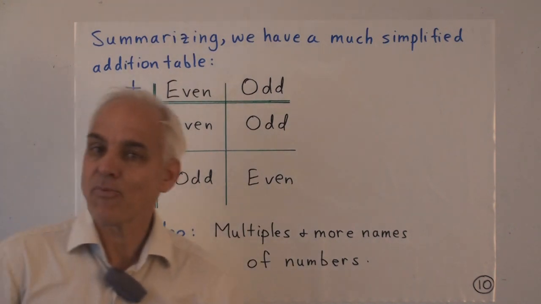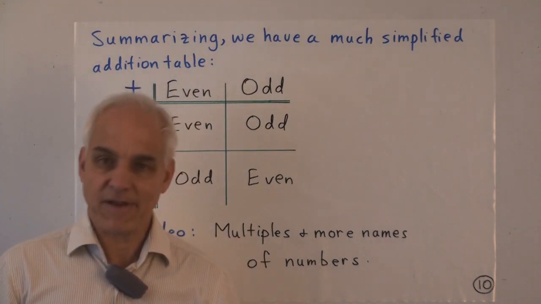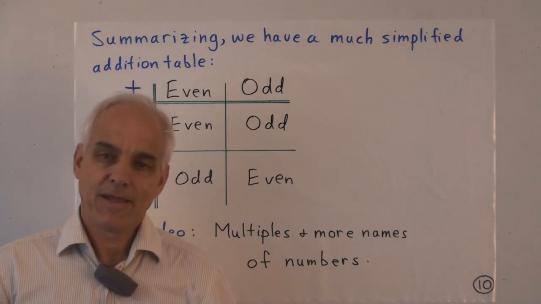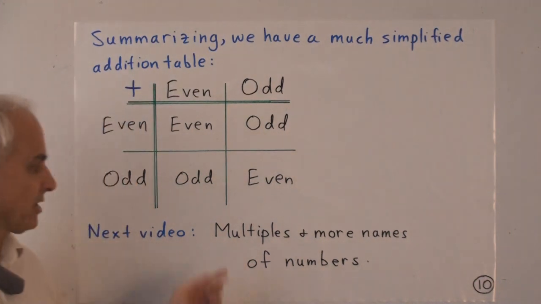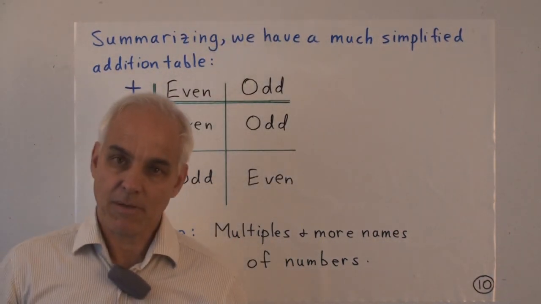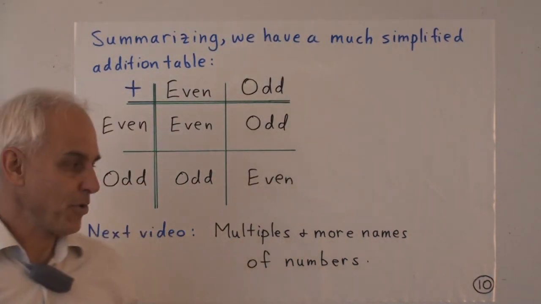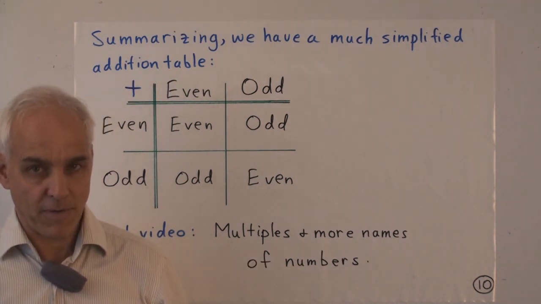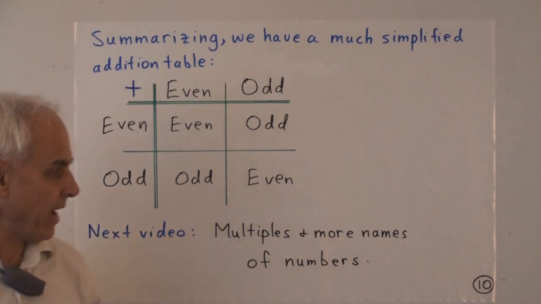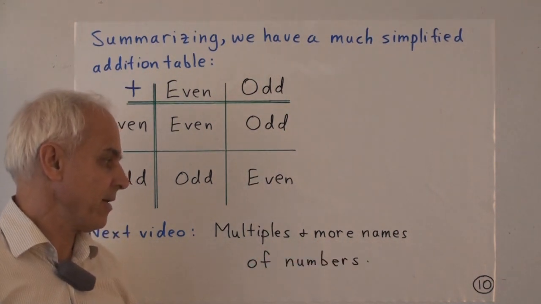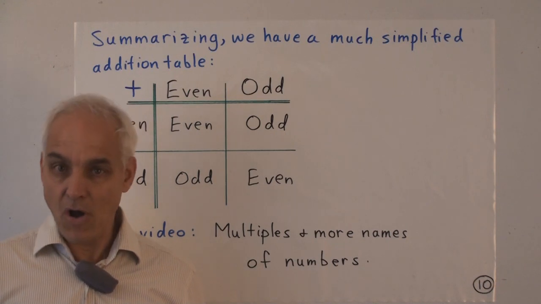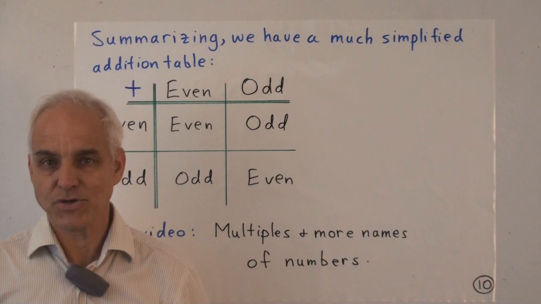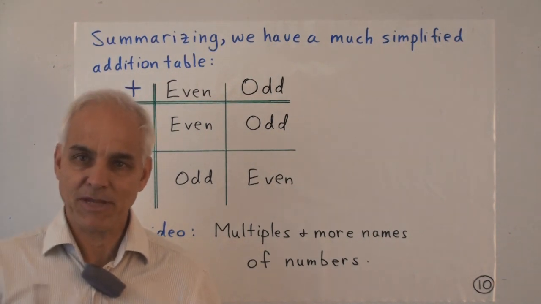Alright, so that's good. We've gotten some more practice with addition. Of course, very fundamental, basic operation. Next time we're going to talk about multiples. We've talked today about multiples of 2. We're going to talk about other kinds of multiples, like multiples of 3 or 4. It's also very important. And we're going to have to deal with this issue of names. What do we call numbers which are bigger than 20? What are the names for larger numbers? So that's what we're going to be doing next time.